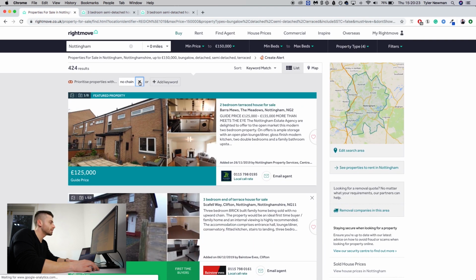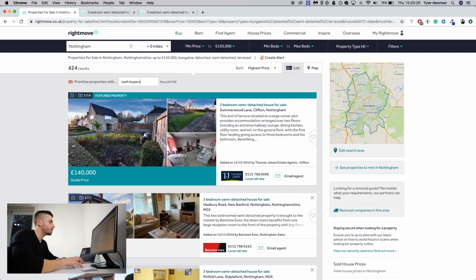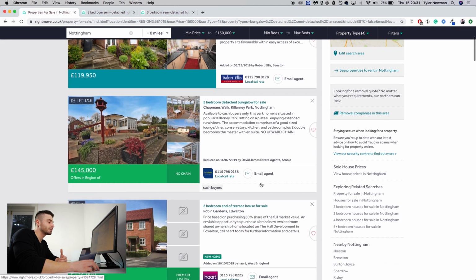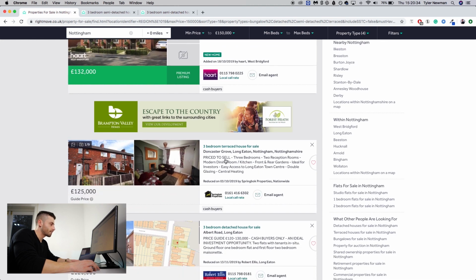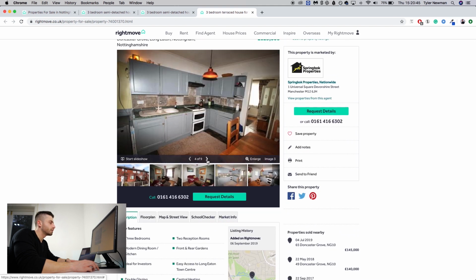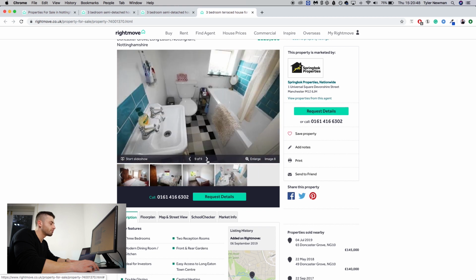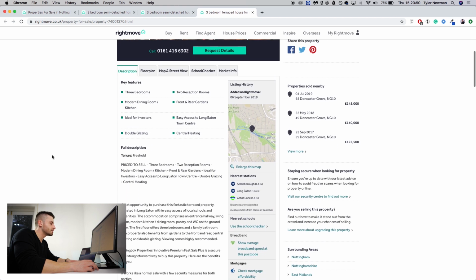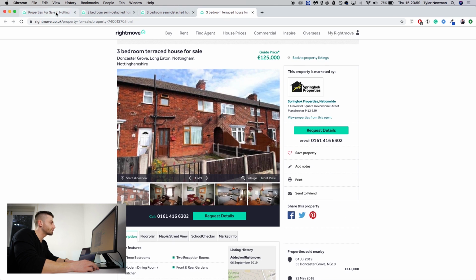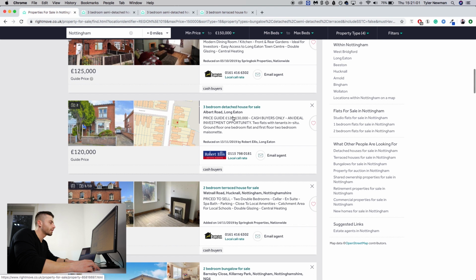And then also one search I use is cash buyers, and this pulls up properties that are available to cash buyers only, meaning we can't get a mortgage on it. Now, here we go. If I pull up this as an example, priced to sell, 3 bedrooms, 2 reception rooms. We can see it needs work. Priced to sell, so they're obviously motivated. And when it's cash buyers only, and I can see, here we go, mortgage buyers and cash. So this isn't cash buyers only, but if we find properties that are cash buyers only, for example, this one,